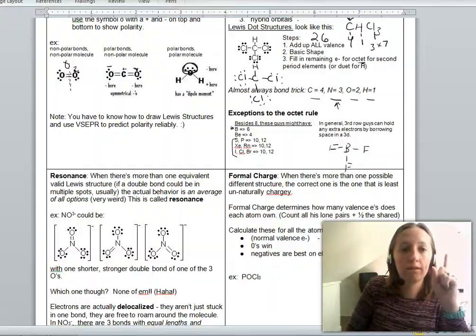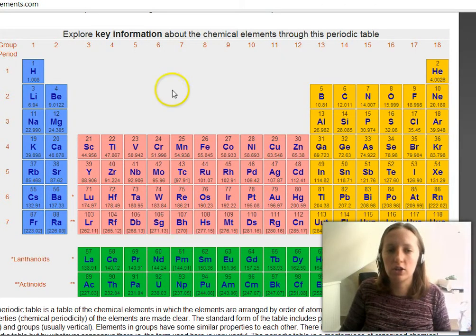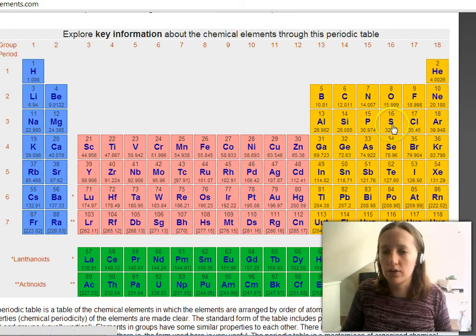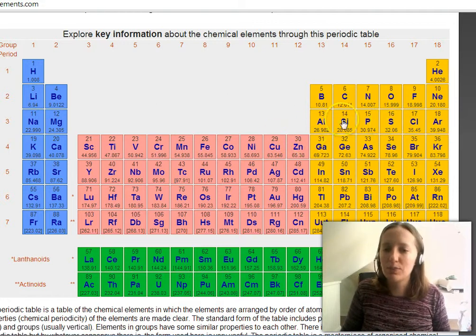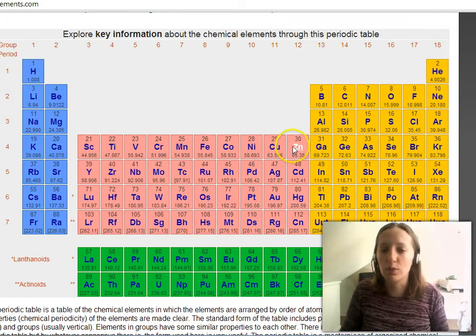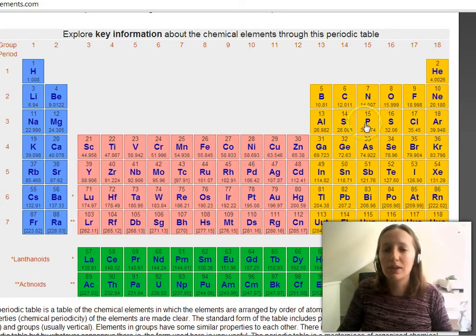hang on, let me go get one. So if you look at the periodic table, you can see that for sulfur the electron configuration is going to be 1s2, 2s2, 2p6, 3s2, 3p6. But we're in the third shell, and so there's actually some space in the third shell, that's the D, because 3D is a set of orbitals that do exist in the shell that's equal to 3. So basically everybody down here is capable, if they must, of jamming some electrons into that 3D